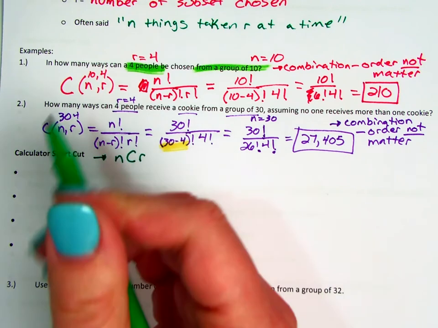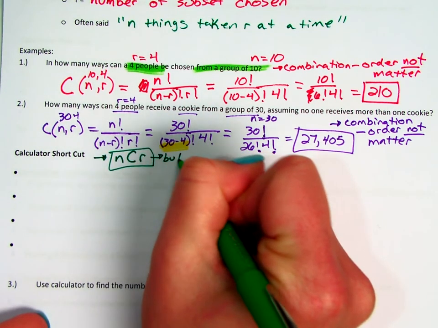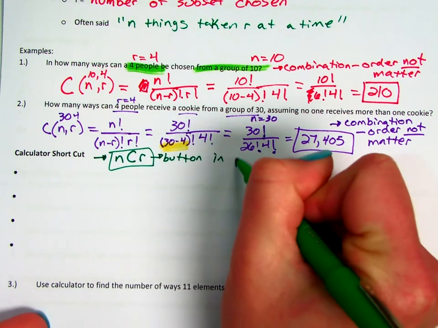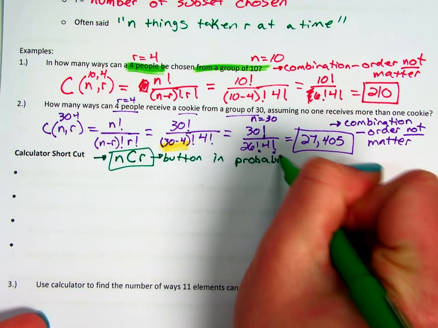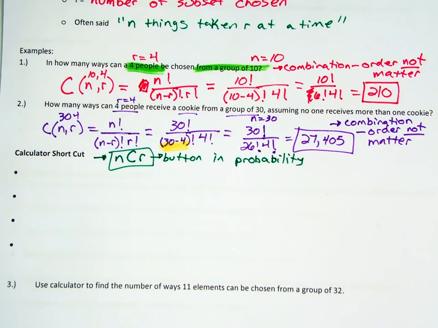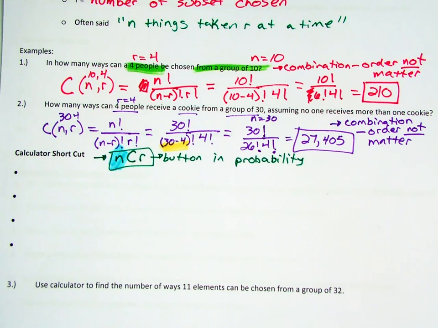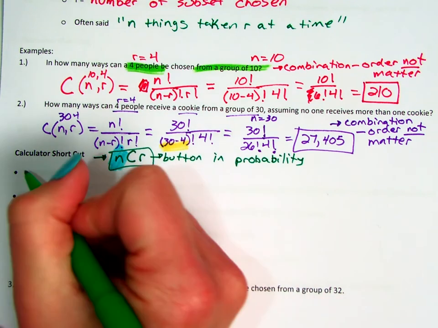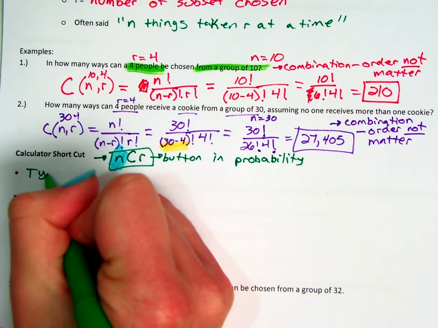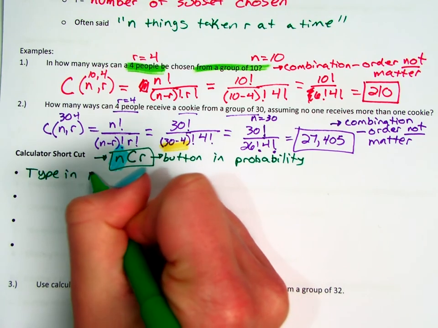So before I even go to my calculator to use this button in the probability section, the first thing you should note is that this n comes first, which means that I'm going to have to find the n first. I'm going to have to type in the n first when I do this. So type in the number of elements